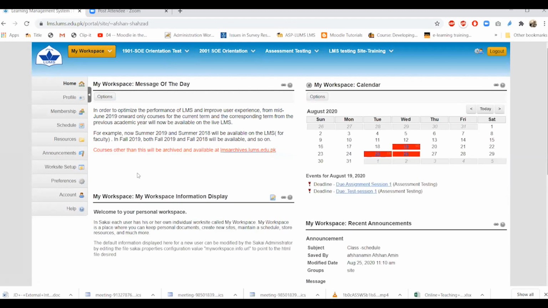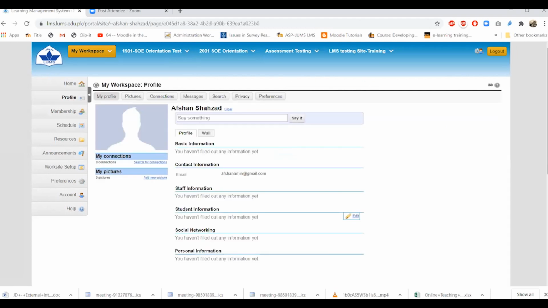One important thing that I missed was you can always update your profile here by going to workspace and clicking on the profile. So here you can update your picture, select an image file on your computer, and max size is 2 MB. Please upload a picture that is suitable for only class related matters, because this picture would appear on the roster as well. So please choose a picture that is relevant for your classroom.